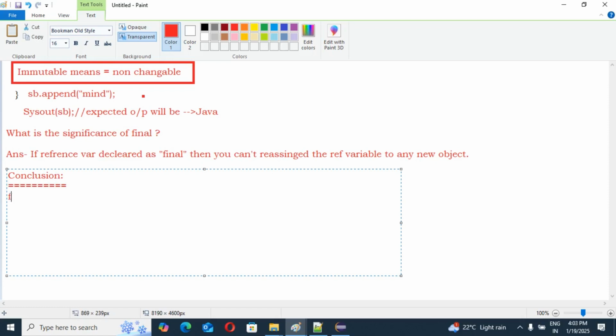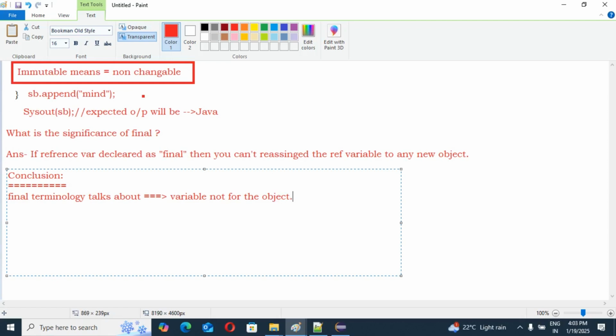So final terminology talks about the variable, not for the object. Yes or no